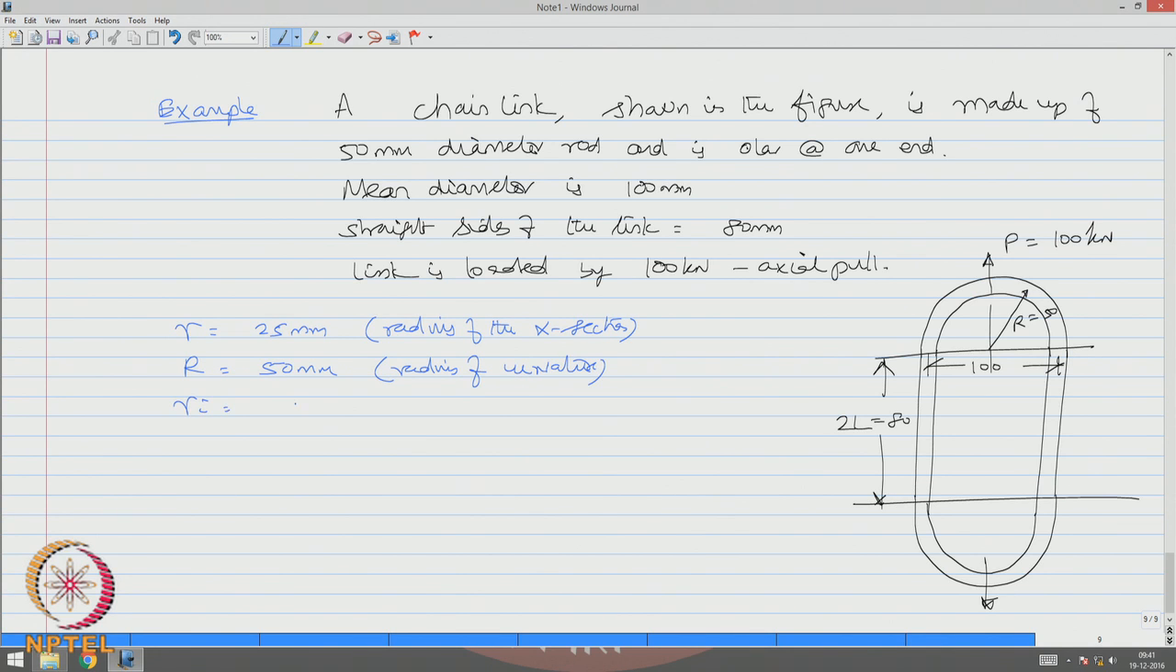Ri is 50 minus 25, which is 25 mm. Ro is 50 plus 25, which is 75 mm, and 2L is